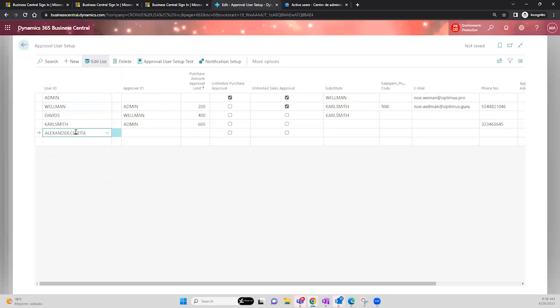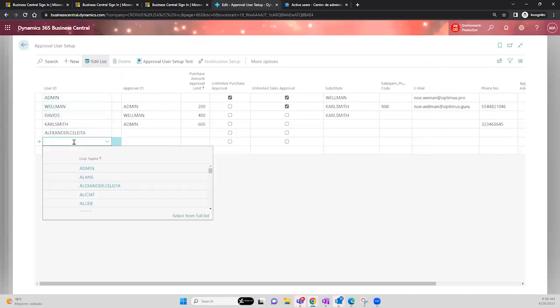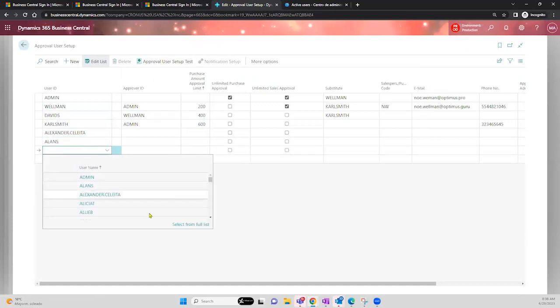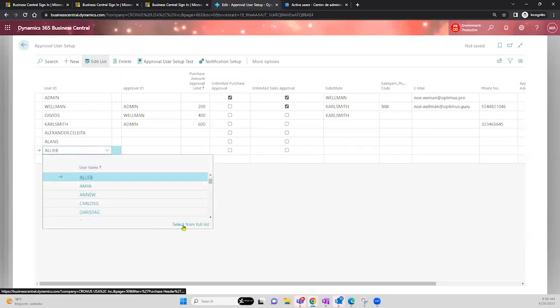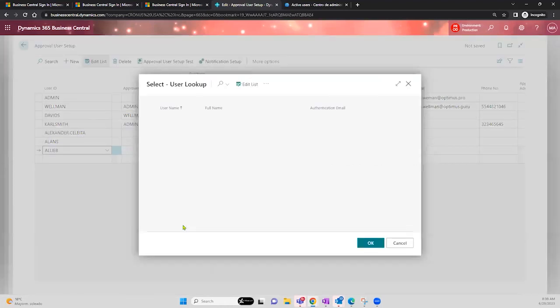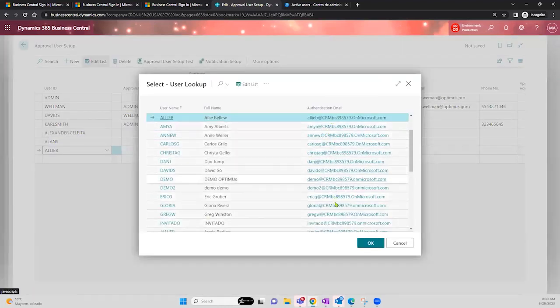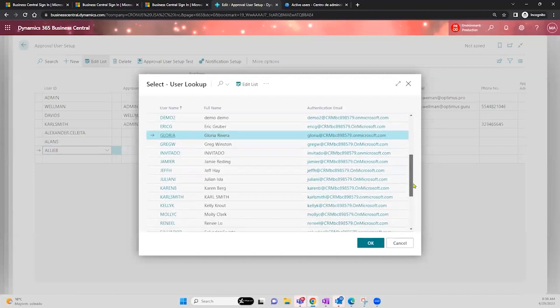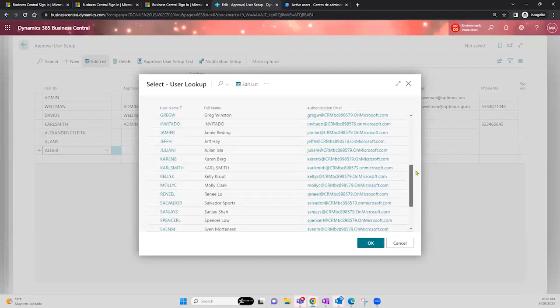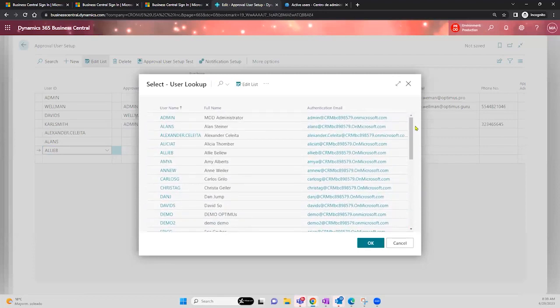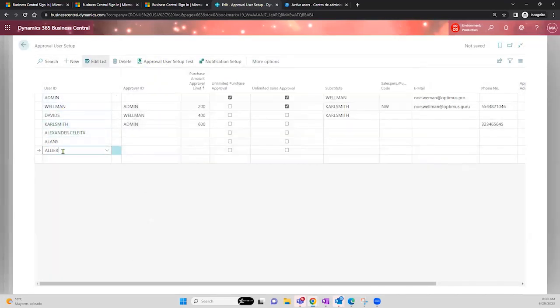So first add in this list all the people that you would like to add as approvers. Let's add Alan's. And let's continue adding more people. Aliev. Very nice. If you don't like this small window, you can maximize it and select from the full list to verify the complete name and the email. I have Eric Gruber, Gloria Rivera, and my people are here, okay? From the entire company, you're going to see all the users that work in this company, right? So select from this list the people that will be involved in the approval workflow, which is already here